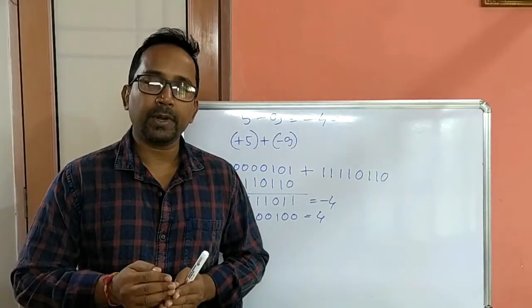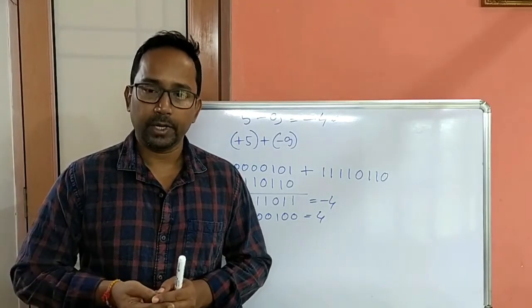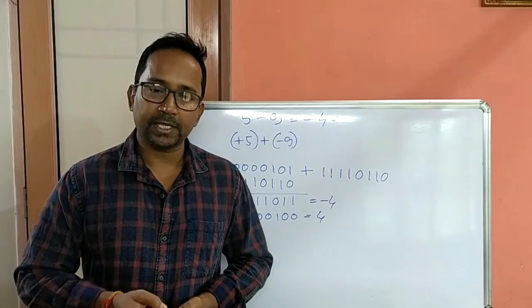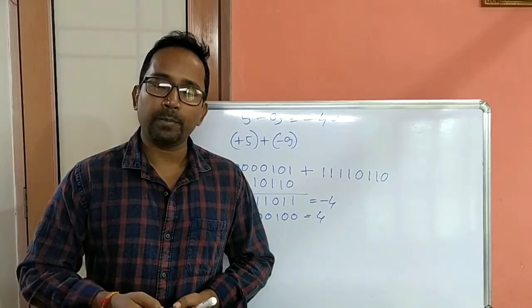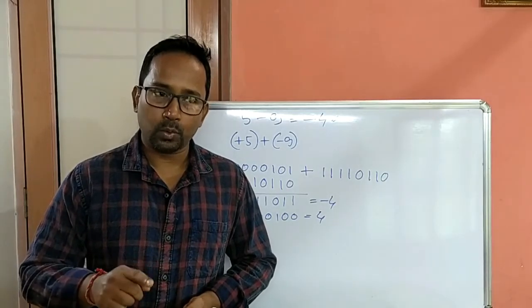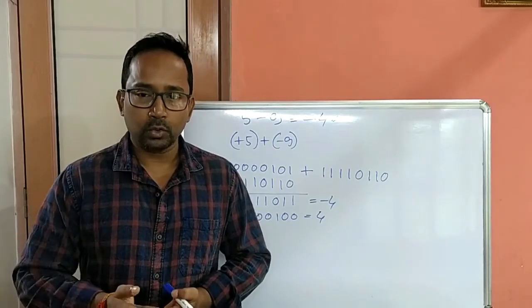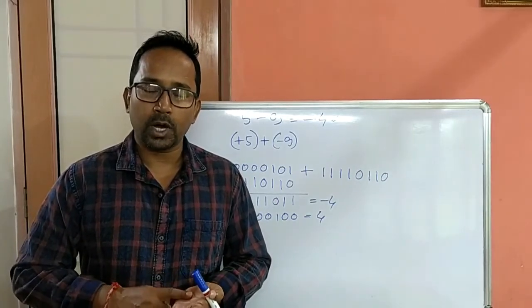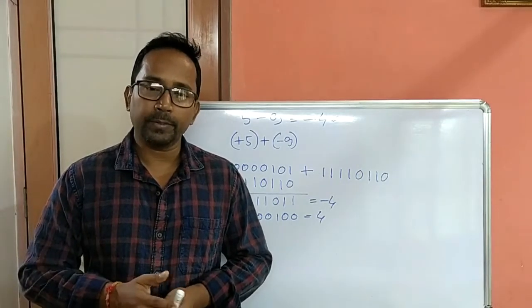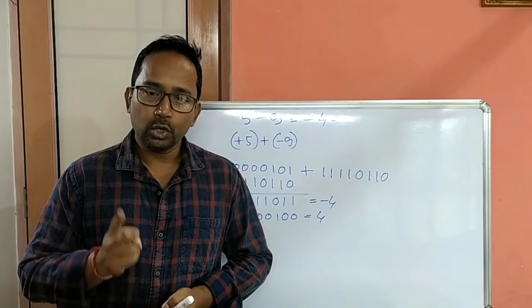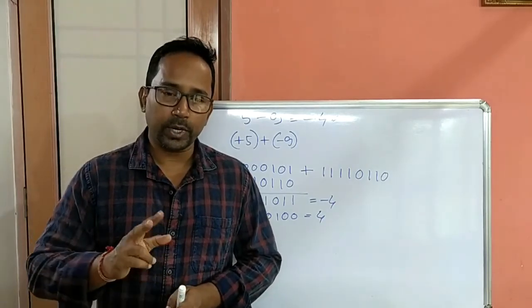We know that a negative number can be represented in 2's complement by adding 1 to its 1's complement. That means if plus 12 is represented as 0, 0, 0, 0, 1, 1, 0, 0 in binary, then the 1's complement of minus 12 will be 1, 1, 1, 1, 0, 0, 1, 1. Then we add 1 to get the 2's complement, which becomes 1, 1, 1, 1, 0, 1, 0, 0. Like 1's complement, in 2's complement arithmetic also, two 8 bit numbers are added including their sign bits. So let's take the same example, 22 minus 13.